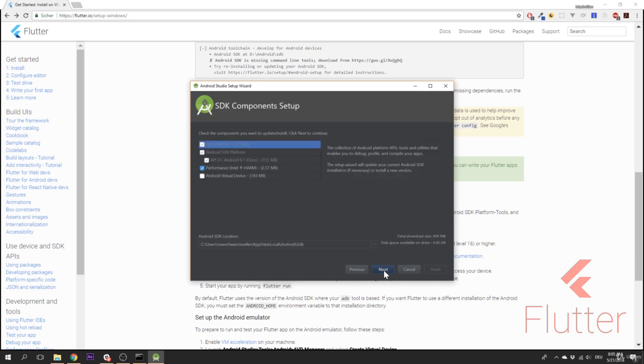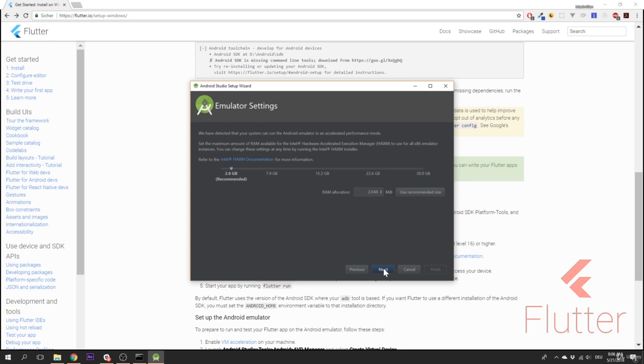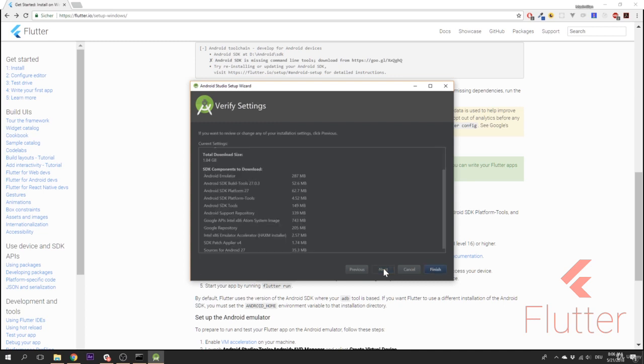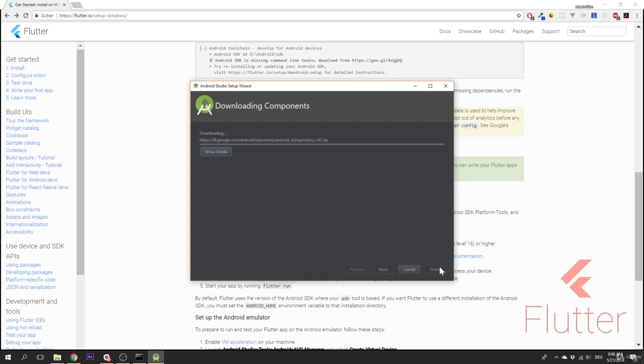In the next step, it's important that you check Android Virtual Device, that this option is ticked, because we will need to be able to bring up such virtual devices. With that ticked, choose your Android SDK location, use the default or create your own path, and thereafter simply hit Next. Now this will install a couple of things, and you can start the installation by hitting Finish here. This will actually take quite long because it downloads and installs a lot of packages, so don't worry if this takes a couple of minutes, maybe even 20 minutes or something like this,